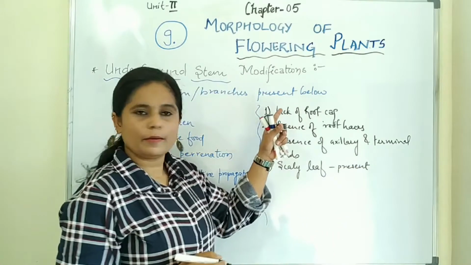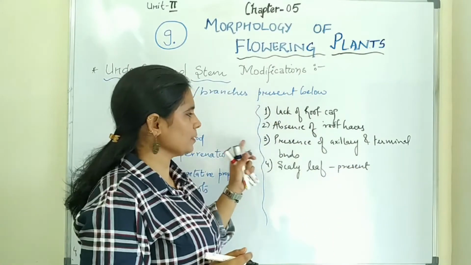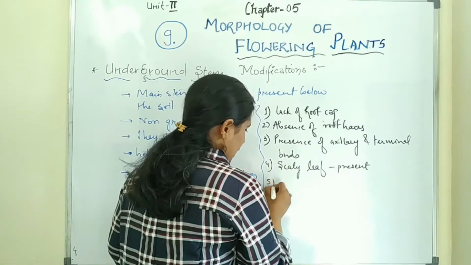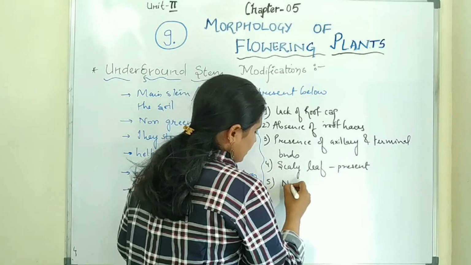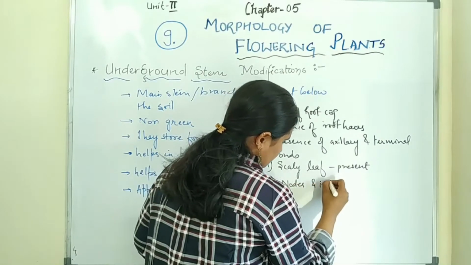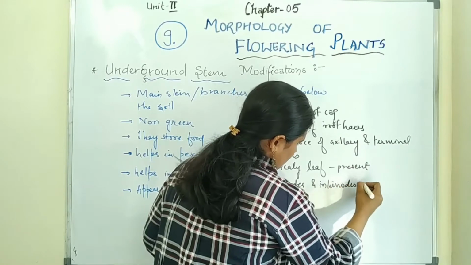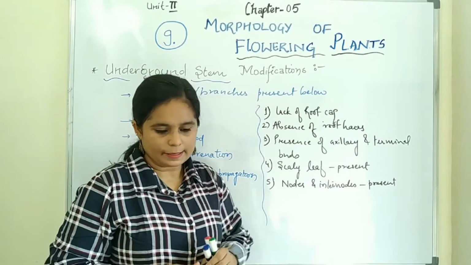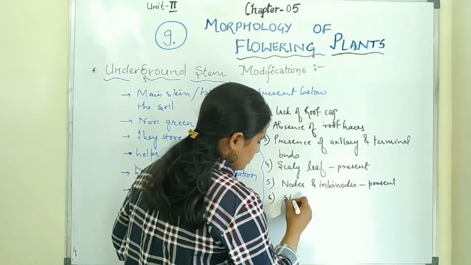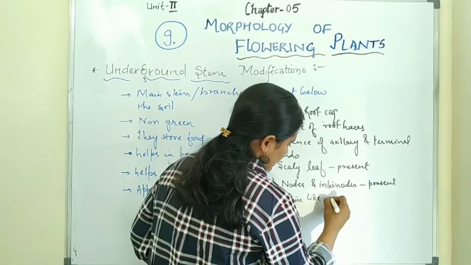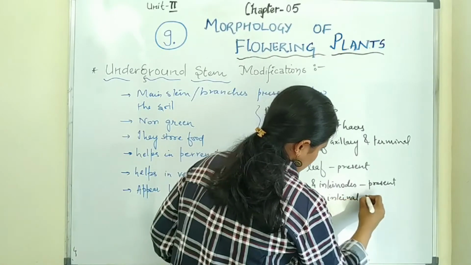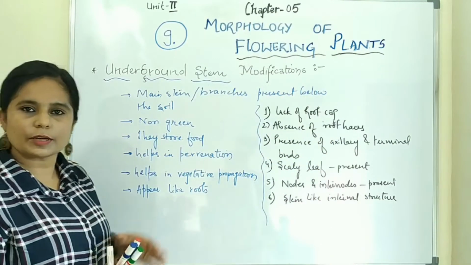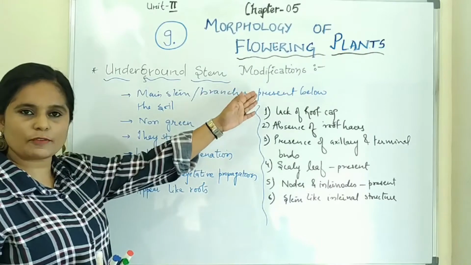So root cap is absent, root hair is absent, axillary or terminal buds are there, scaly leaves will be present, and nodes and internodes will also be present. The last one is stem-like internal structure. So here I told you the general characteristics of the modification of underground stem